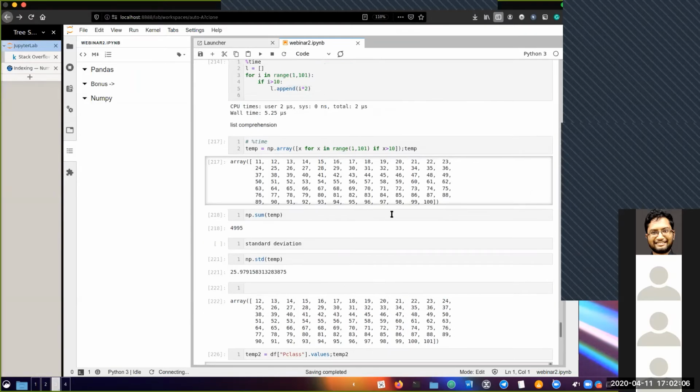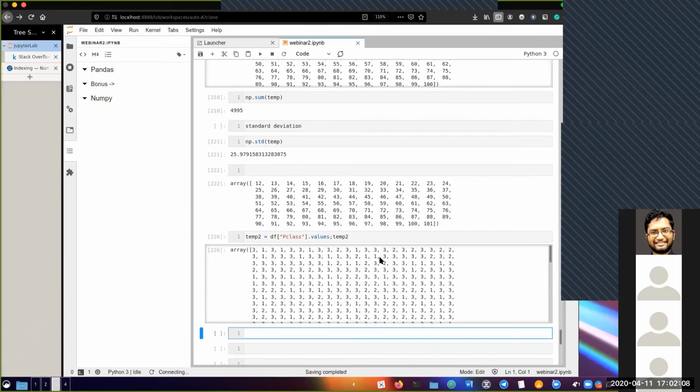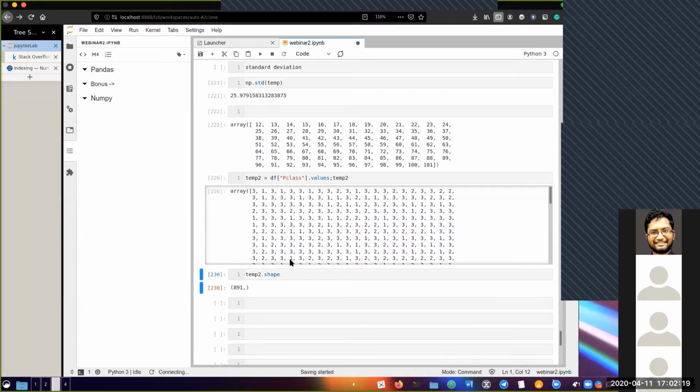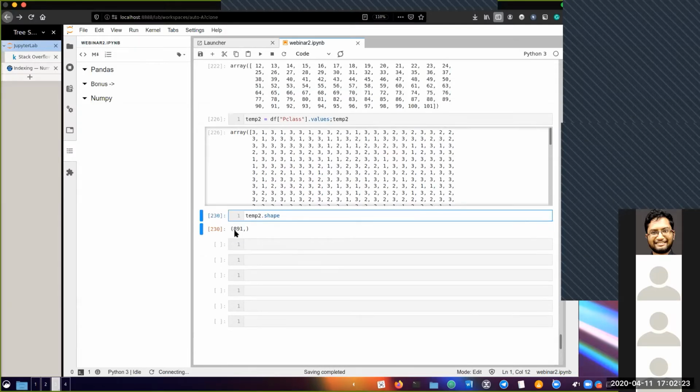Reshape is another useful command. You might not encounter it that much while you're doing data science, but the whole point is that if you have an array, if you remember, I had talked about dot shape. So dot shape would give me the rows and columns, because this is just one whole subset or one column. We don't have a second value to this.